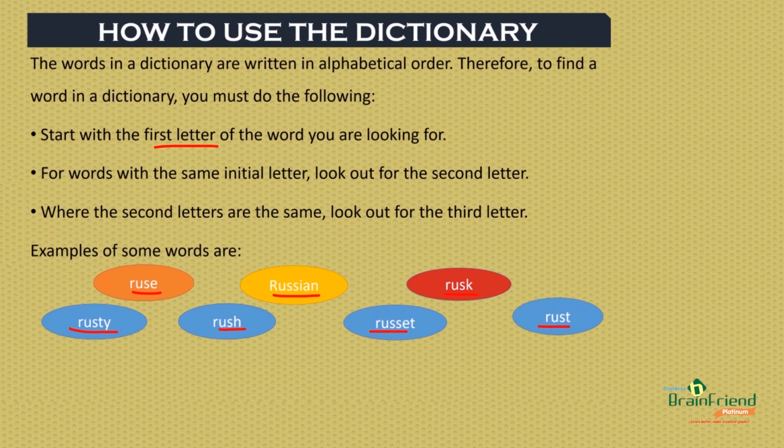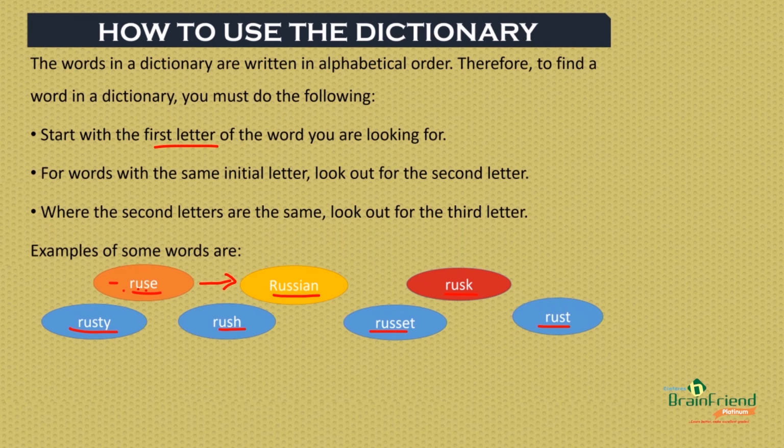Now, how can we identify these words in the dictionary? We have the word ruse, with the letters R, U, S, E. Next, we have the word Russian, where we have R-U-S-S-I-A-N. Note that both words have the letters